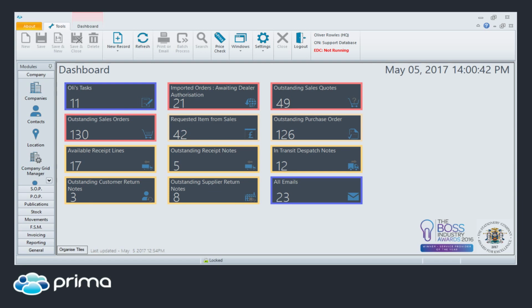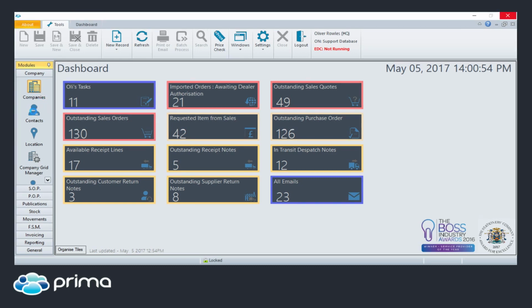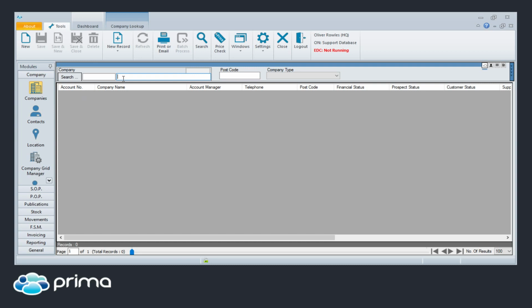So in terms of contacts, from the company area, you can either open up your company record and navigate through to your contacts, or you can open up a contacts grid, which will just have a list of your contacts. So what I'll do first of all, I'll just open up a company record and then navigate through to the contact that way. The quickest way would be via the contacts, but for training purposes, I'll just open up a test company. So if I just search for my test company, open the company record,